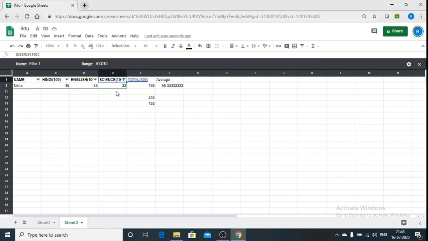And the major benefit of using Google Sheets is that your work is always saved in autosave mode, and you can share your sheet with your colleagues for collaborative tasks also.